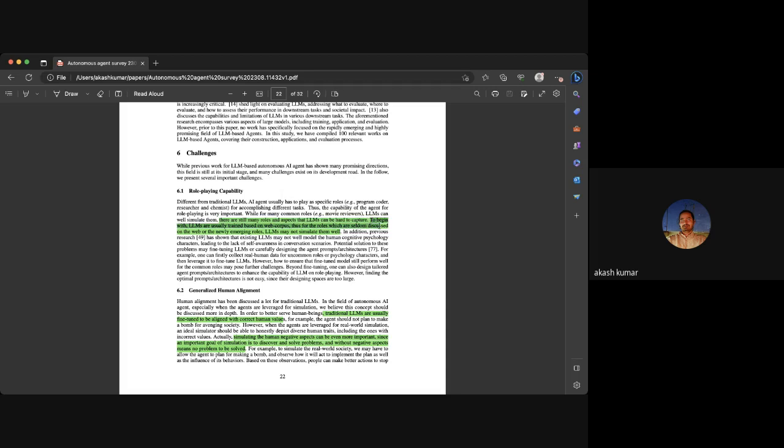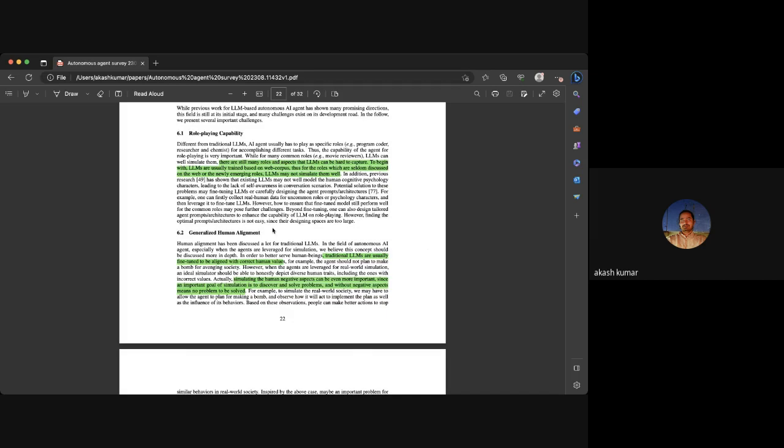To begin with, LLMs are usually trained on web corpuses. Thus, for roles which are seldom discussed on the web or very newly emerging roles, LLMs may not be able to simulate them well. So again, it's an inherent limitation in the capability of current LLMs, because if something is not discussed widely on the web, it might be hard for the LLM to assume the role or profile of that kind of scenario.